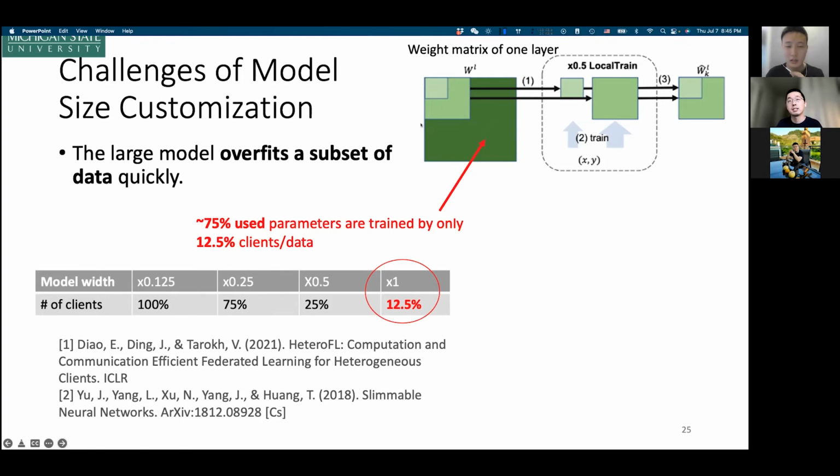So we know that this part of the network is half width. So the number of parameters should be 1/4 of all parameters because it's a square, right? Yes. So the area is 1/4 if the width is 1/2. So the rest of the parameters should be 75% by subtracting the trained parameters. So these parameters will not be trained by the rest of the clients, so they are only trained on 12.5% of the data. I see. Yes. Okay.